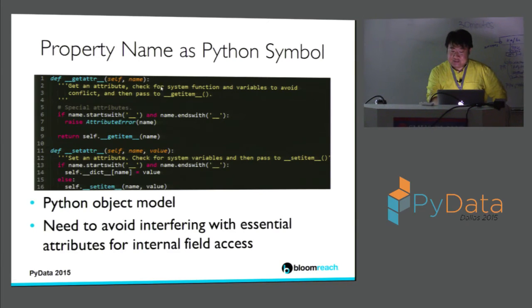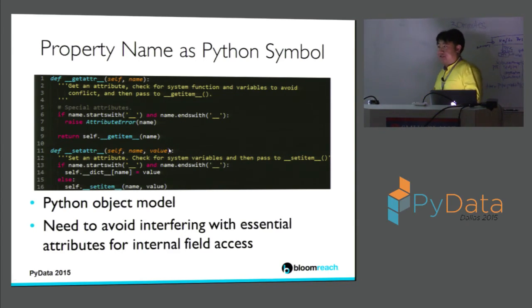When this function is called, we intercept it and get the value from our dictionary internally. And vice versa, when you set the value, we have to do the right thing recursively. So that's the magic we do with Python